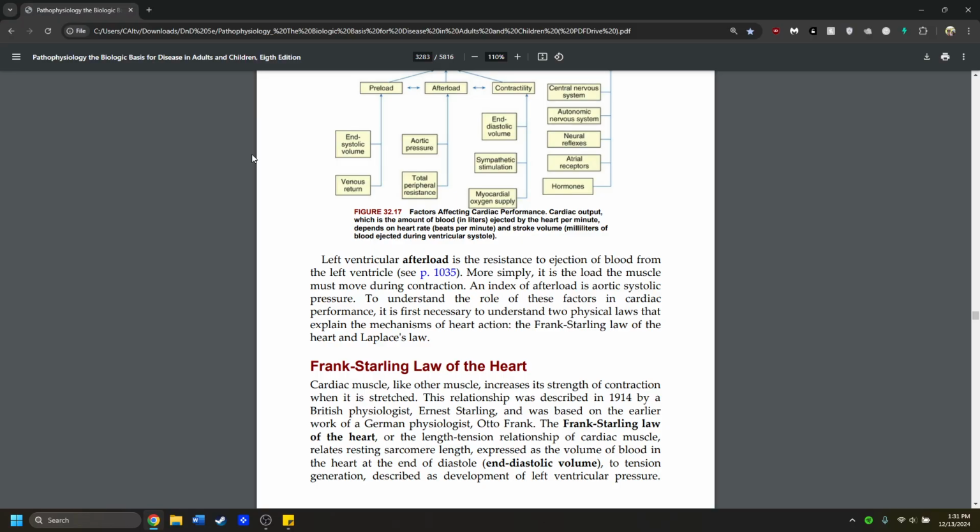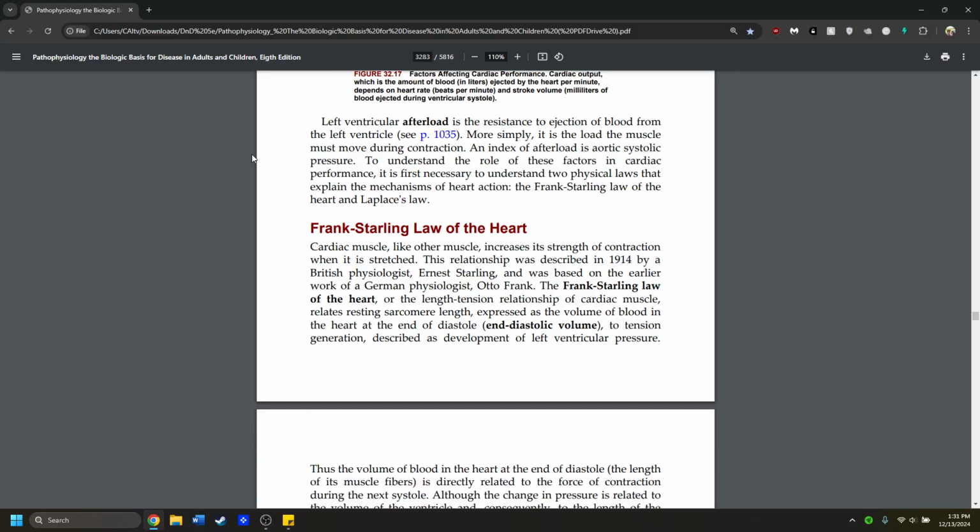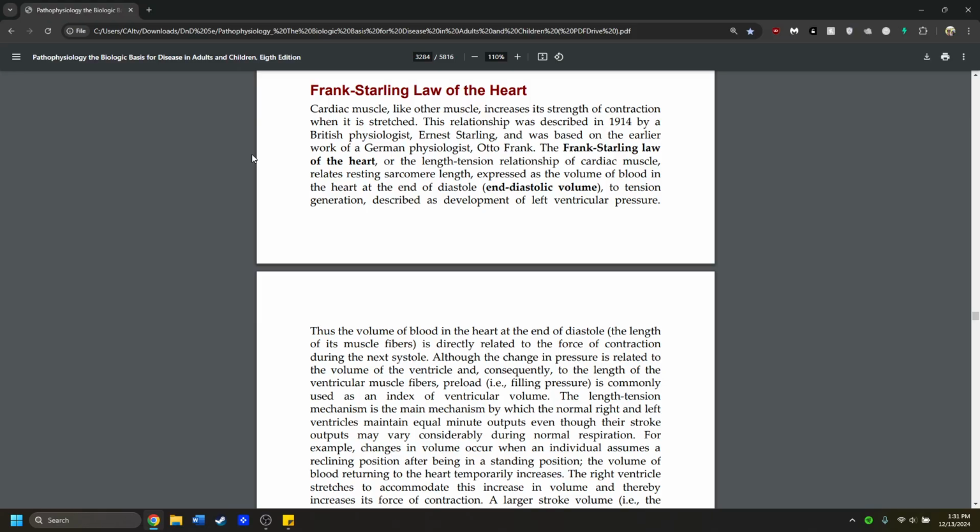To understand the role of these factors in cardiac performance, it is first necessary to understand two physical laws that explain the mechanism of heart action: the Frank-Starling law of the heart and the Laplace law. So we'll jump right into the Frank-Starling law of the heart. Cardiac muscle, like other muscle, increases its strength of contraction when it is stretched. This relationship was described in 1914 by British physiologist Ernest Starling and was based on the earlier work of a